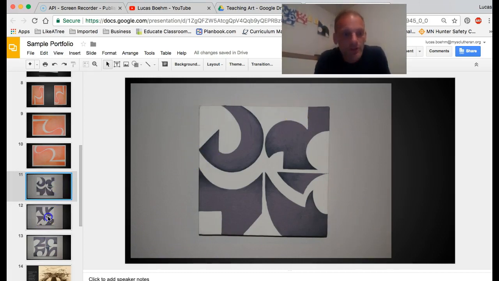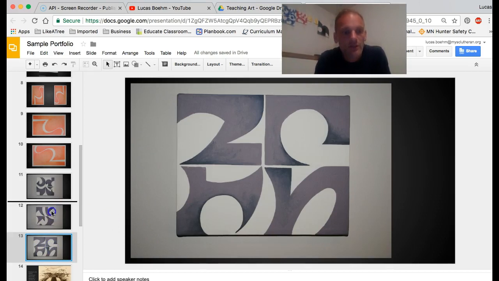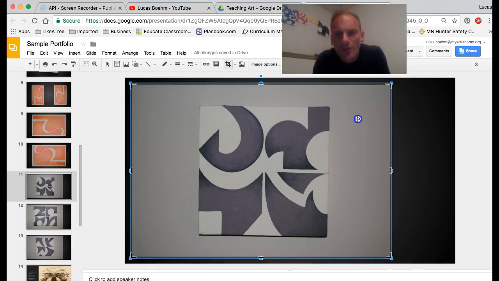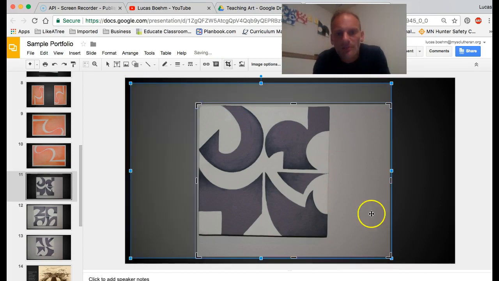This one's square, and this one's a little rectangular. This one actually is meant to be between those 2, but not a big deal. So if this is my picture, I'm going to go ahead and format this so it fits the slide a little bit. I don't need all of this space around the picture. I took it over, it looks like maybe a sheet of paper or poster board. So I'm going to crop it. To do that, you double click it. That pulls up these black bars, which I can then pull in